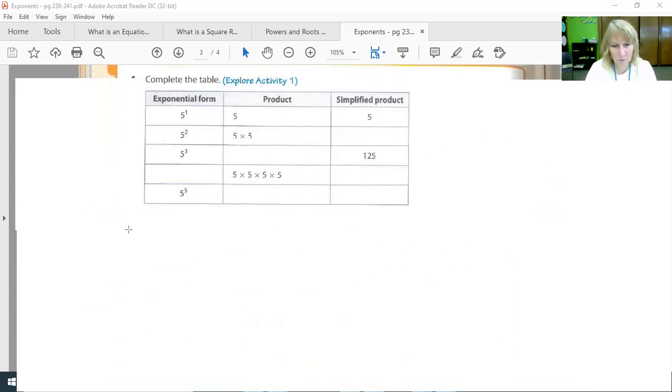So we have an exponent, we have the product, and then we have the simplified product. So we have 5 to the 1st power, which is really just 5. And then the simplified product is 5. 5 to the 2nd power is written as 5 times 5, and the simplified product is 25. And I said I was going to do the evens. So let me just double check here. That's the odds. So I did the first one for you. I'd like you to do the rest on your own. Let me do number 2 with you